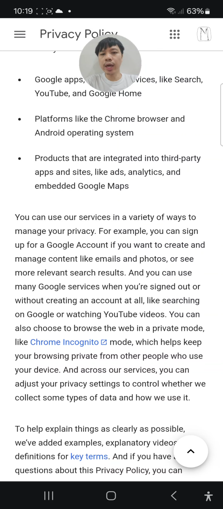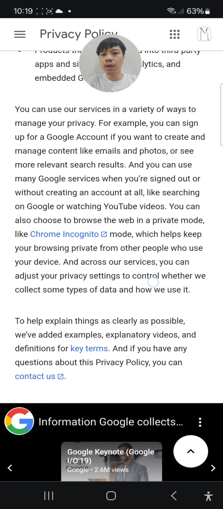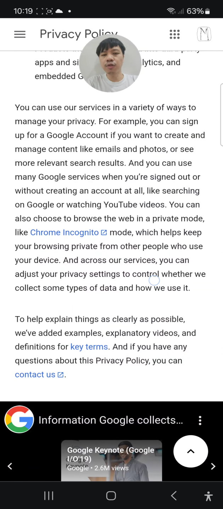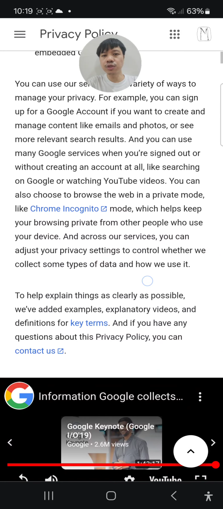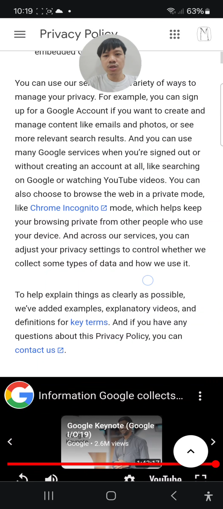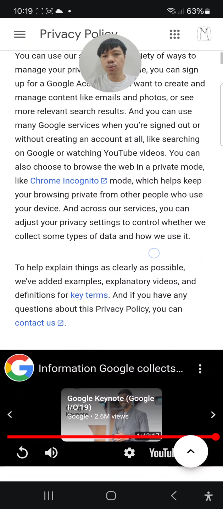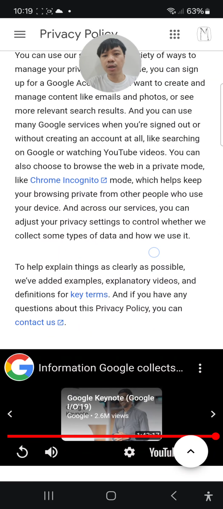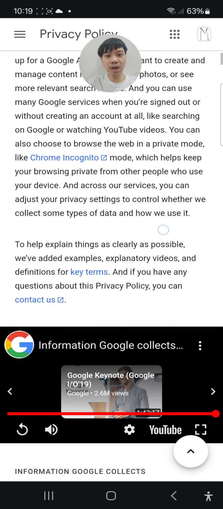For example, you can sign up for a Google account if you want to create and manage content like emails and photos, or see more relevant search results. And you can use many Google services when you are signed out or without creating an account at all, like searching on Google or watching YouTube videos. You can also choose to browse the web in a private mode like Chrome incognito mode, which helps keep your browsing private from other people who use your device.